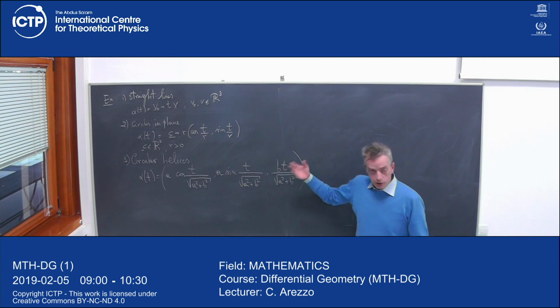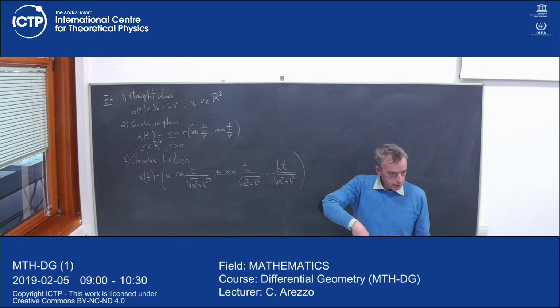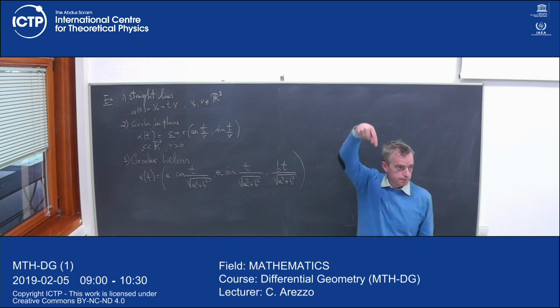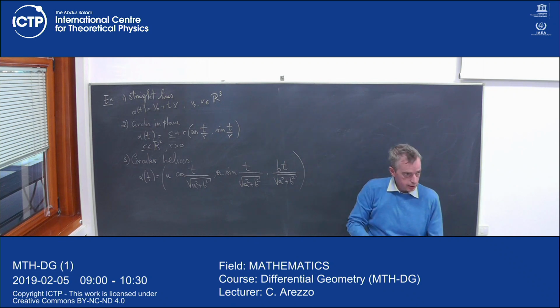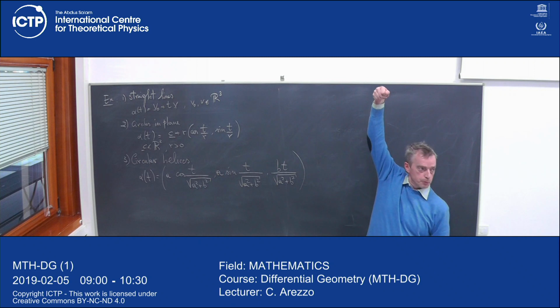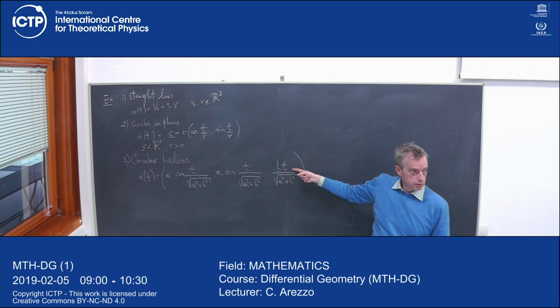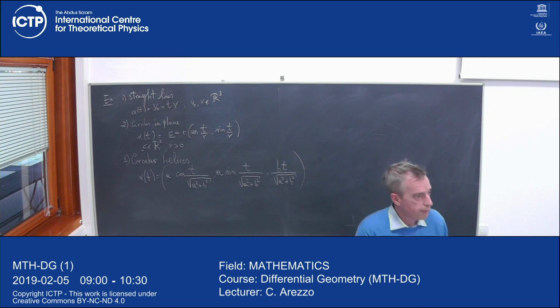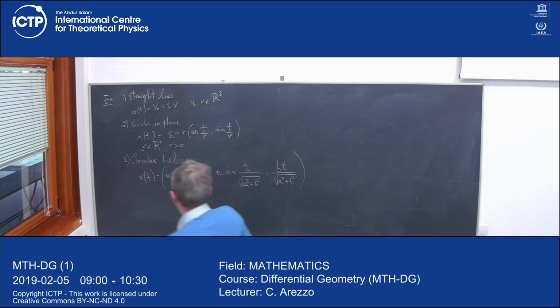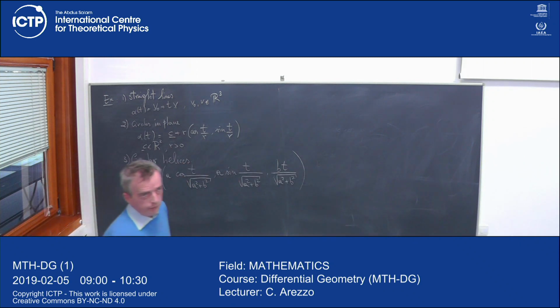So if b is positive, for example, while this rotates around, this goes up. Okay, so you are cutting a circle and you are stretching it up, at uniform speed again. Okay. Just to have a little bit of feeling, before asking a computer. Okay. And we will build more examples later.